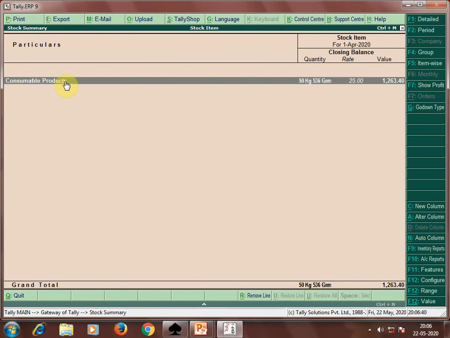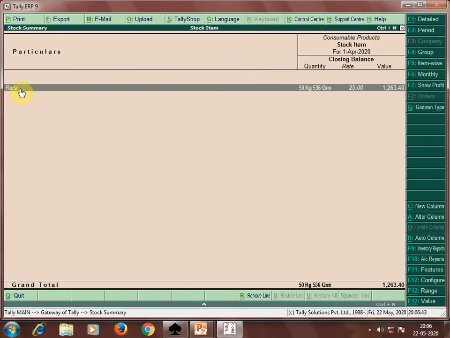Press enter and you can see your stock item here, that is rice, and see the quantity here, that is already converted to 50 kg and 536 grams. In this way you have to create stock items and you can see your stock items in the stock summary report.